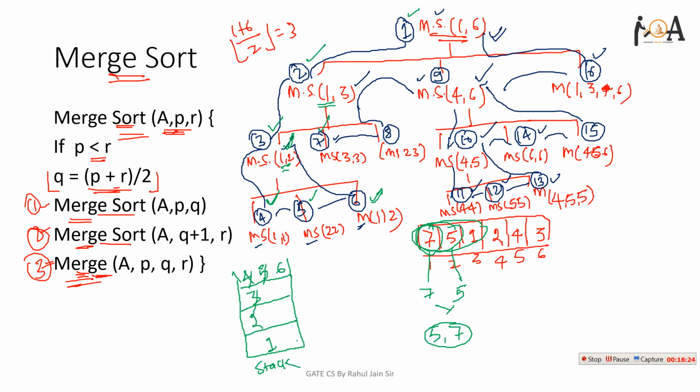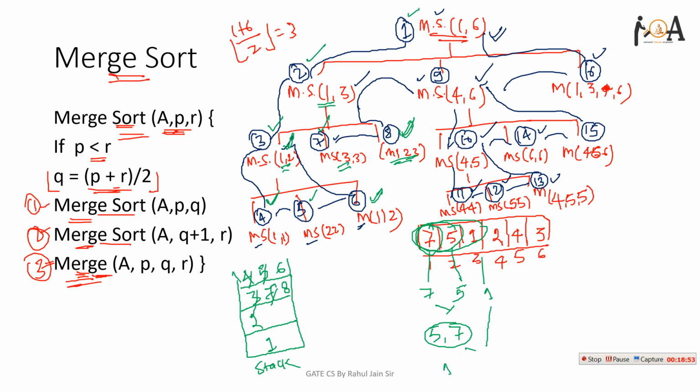After that, function 7 will be called, so function 7 will be on the top of the stack. I need to apply merge sort 3 3. So 1 itself is sorted, but now I need to apply merging here. After applying merging, function 7 is successfully executed. After that, the 8th function will be called and the activation record of the 8th function will be stored in the stack. Function 8 is merge 1 2 3.